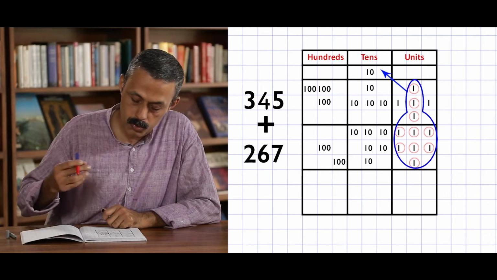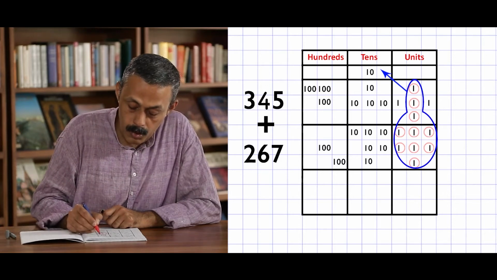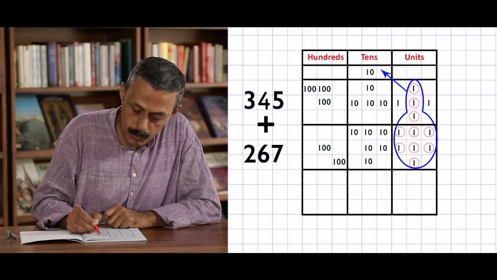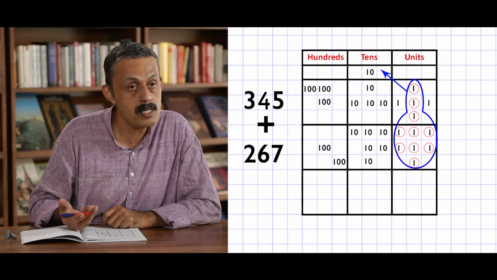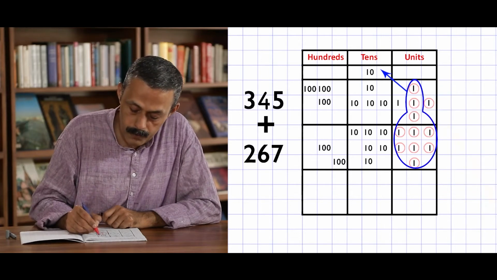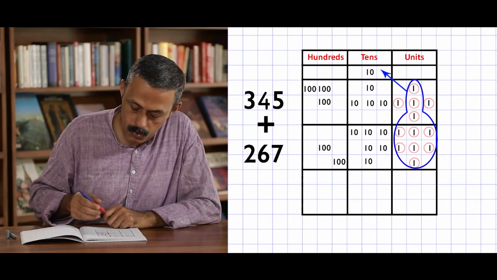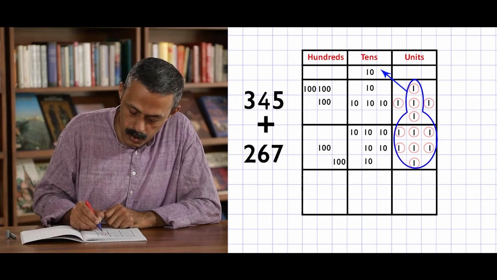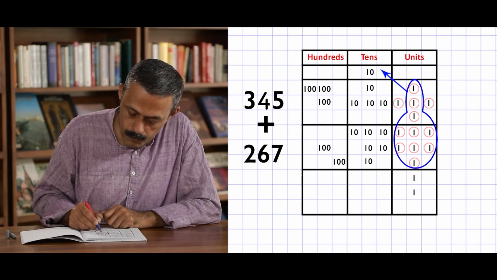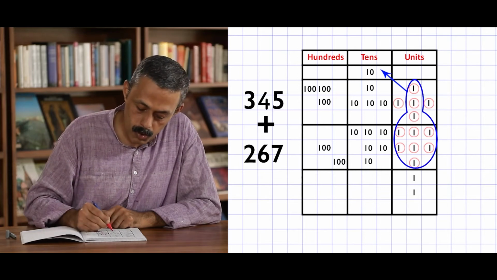So, what is remaining? That has to be counted too. We have made this group of 10, but sometimes children tend to forget it. It should not be forgotten. It is known that the numbers that are not circled have not been counted. Let us count them now. 1 unit, 2 units. The numbers left over will be written here. 1 unit, 2 units. So, let us count in the tens place as well now.